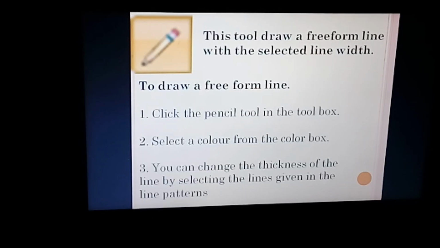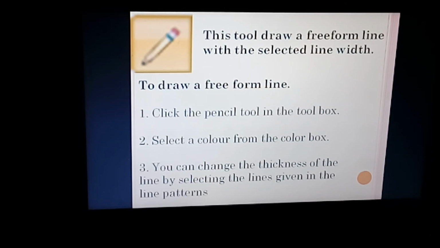Now we will see the different tools present in Paint. The first tool you can see here is the pencil tool. What is the use of the pencil tool? This tool draws a free-form line with the selected line width. Means with the help of this pencil we can draw a line.